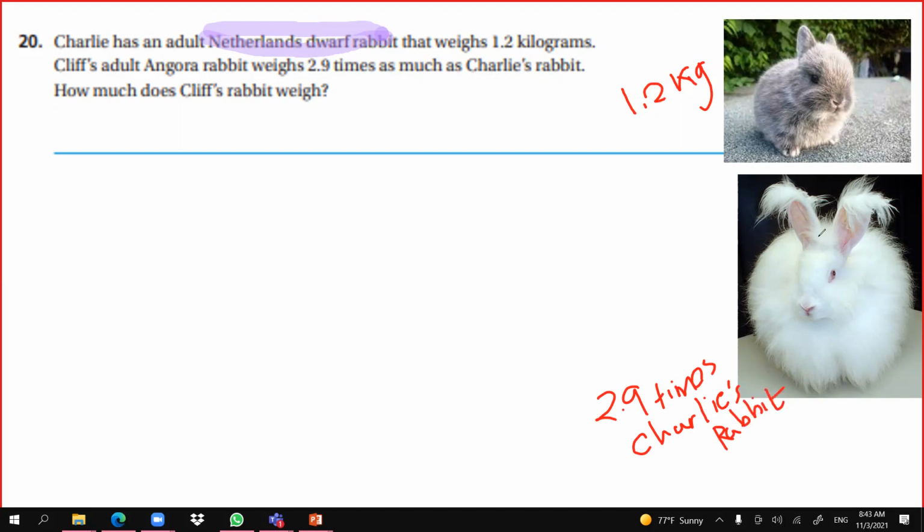So how much does Cliff's rabbit weigh? What's your name? Who's talking? Yes, Malak. So when we multiply,